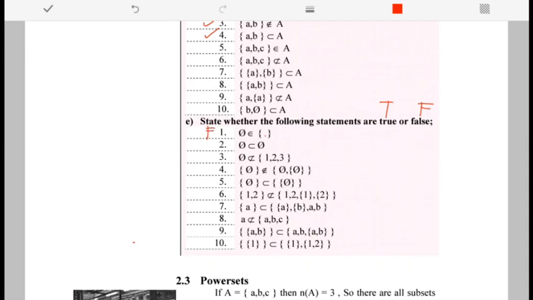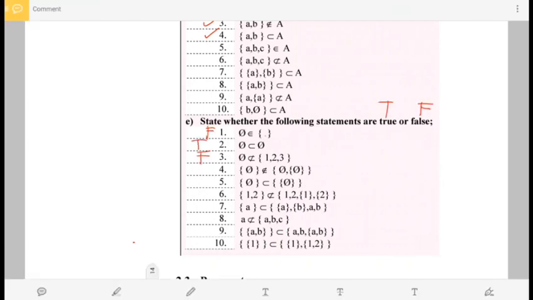Okay, for number two, empty set is a subset of empty set. Okay, as I said, it's always a subset. Therefore, it's true. Now here, an empty set is not a subset of this. That is false because, as I told you, your empty set must always be a subset of any set. Okay, now I'm done